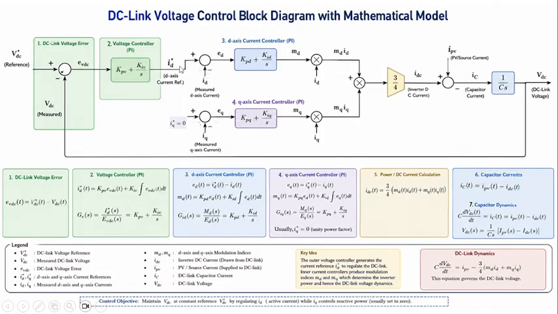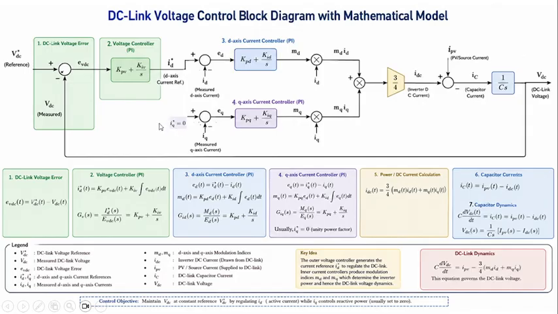axis current. Actually this ID and ID star are obtained from the current I. I is IA, IB, IC converted to ID, IQ, and that ID component is given here, and this is the ID reference. So based on that we have a current controller. This will generate MD, the modulation index in the D axis,